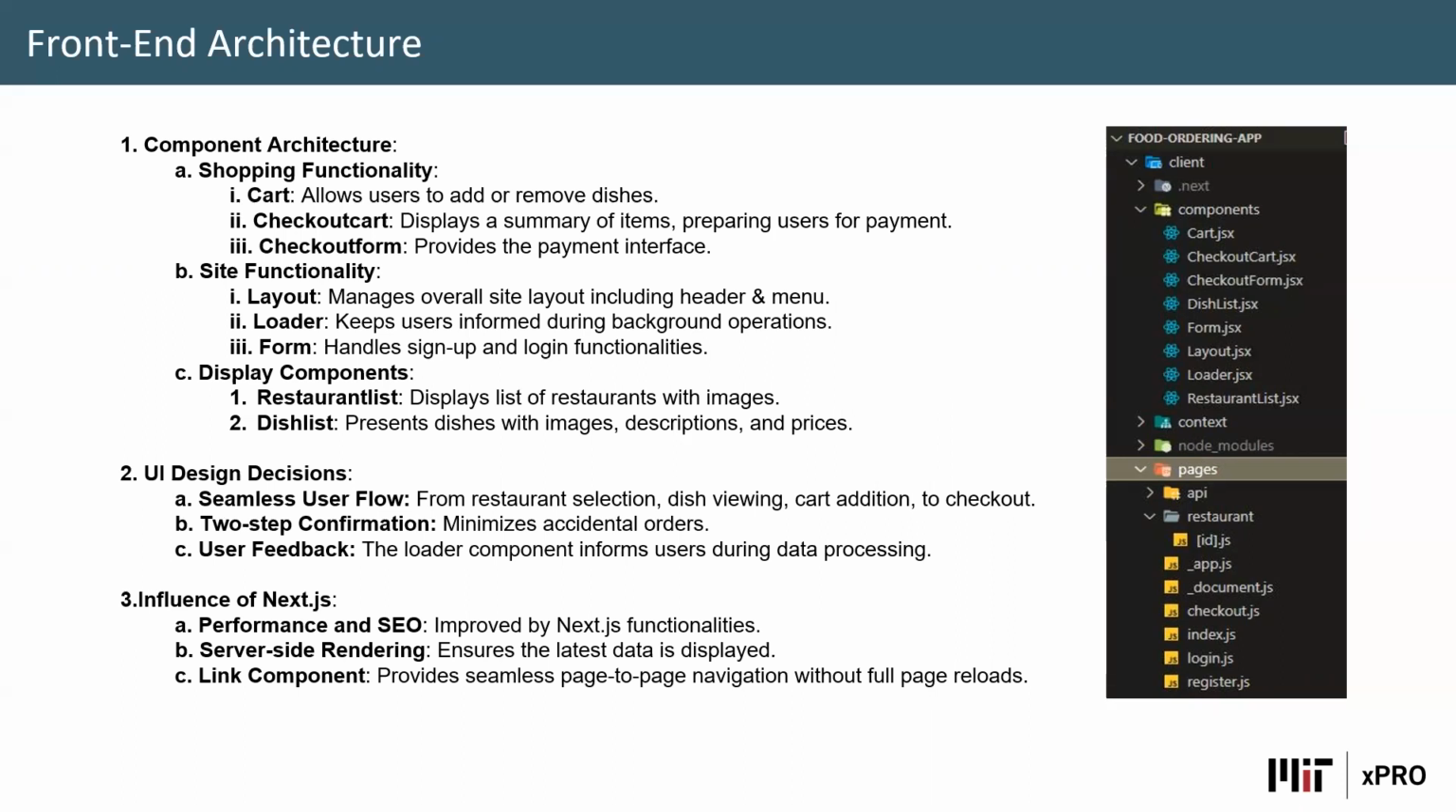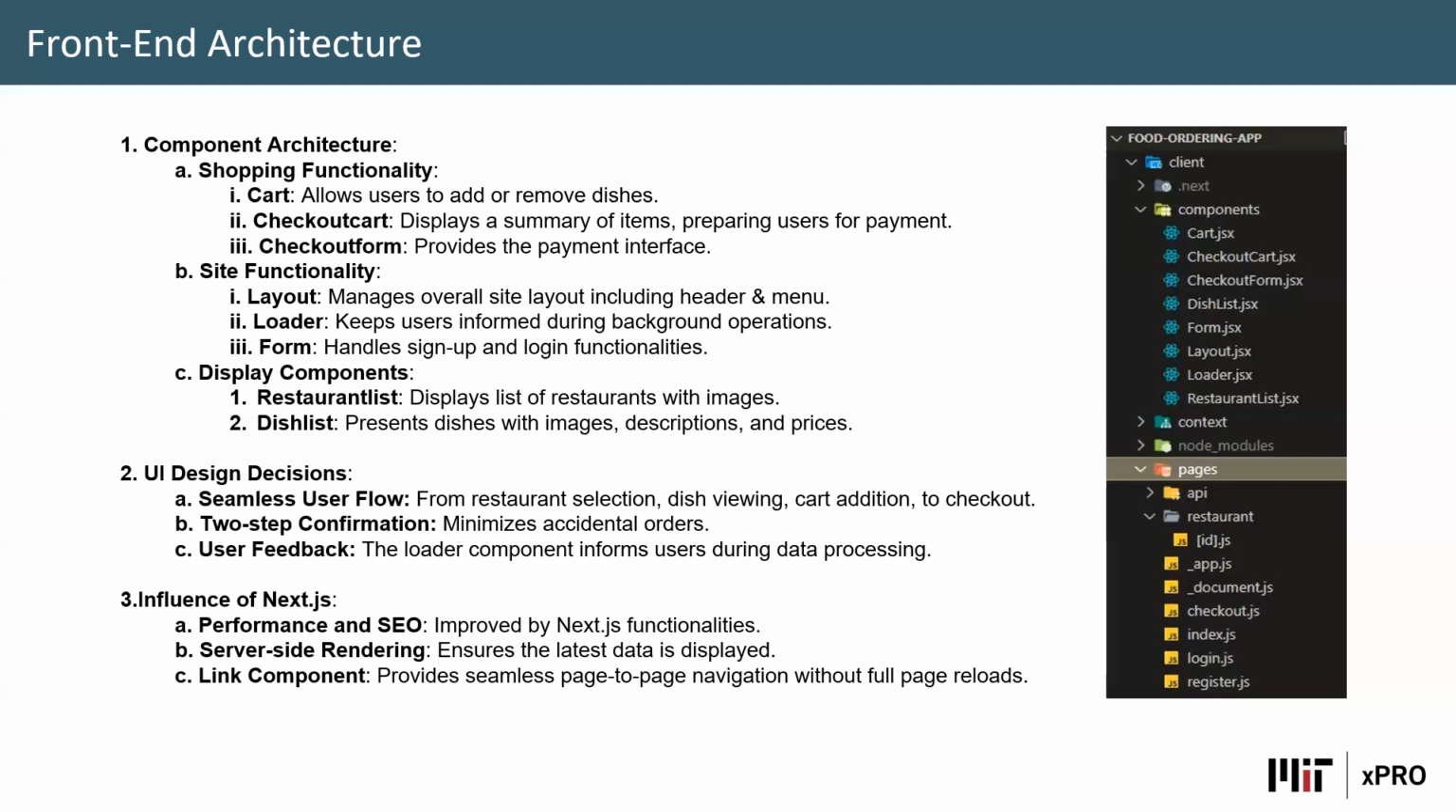The UI prioritizes user flow, allowing customers to seamlessly navigate from selecting a restaurant, viewing its dishes, adding dishes to their cart, and finally proceeding to checkout. The separation of cart and checkout cart gives a two-step confirmation process, which can reduce accidental orders and provide a clear review of selected items. The dedicated loader component ensures that users are always informed about background operations, improving user experience during data fetching or